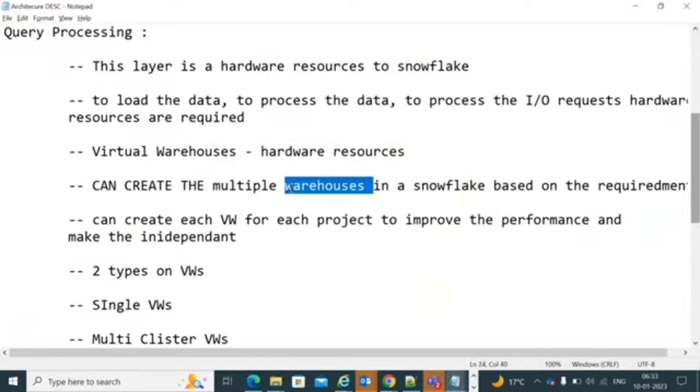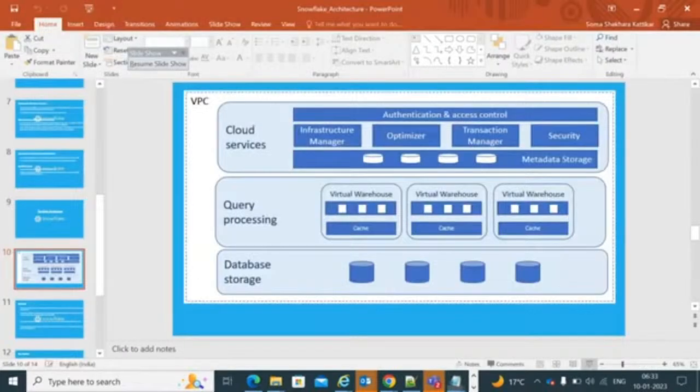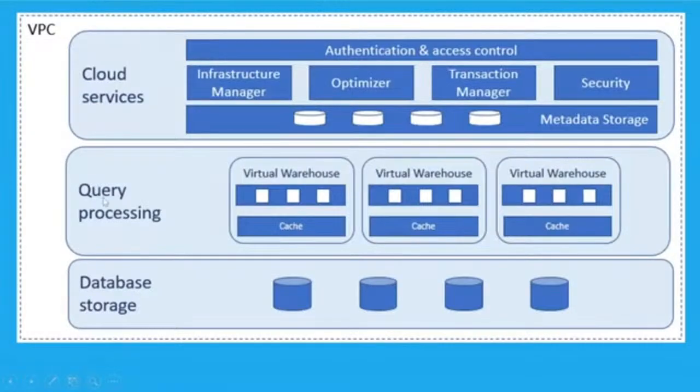Till here you are clear? I will tell you. This query processing layer is the virtual warehouse, which is a compute layer, and this is the hardware resource for your Snowflake. It is required to process all the requests in your Snowflake. The requests are either you submitting your workloads or queries, or you accessing data